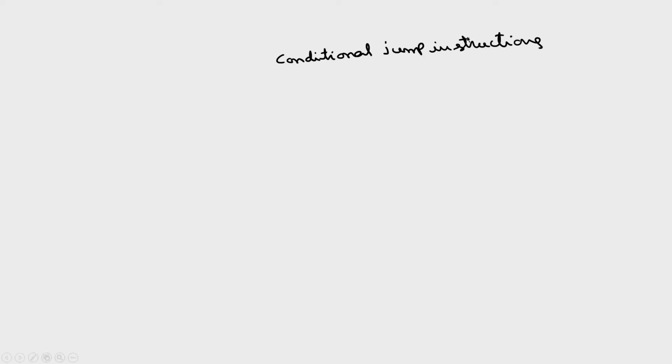As the name implies, if some condition is satisfied, then only it will jump, otherwise it will simply skip that instruction and go to the next instruction. Okay. So, there are 17 conditional jump instructions. Corresponding to some flags we have jump instructions, like for the zero flag, jump on zero. This can also be called jump on equal, both are the same. We have to specify an address here.